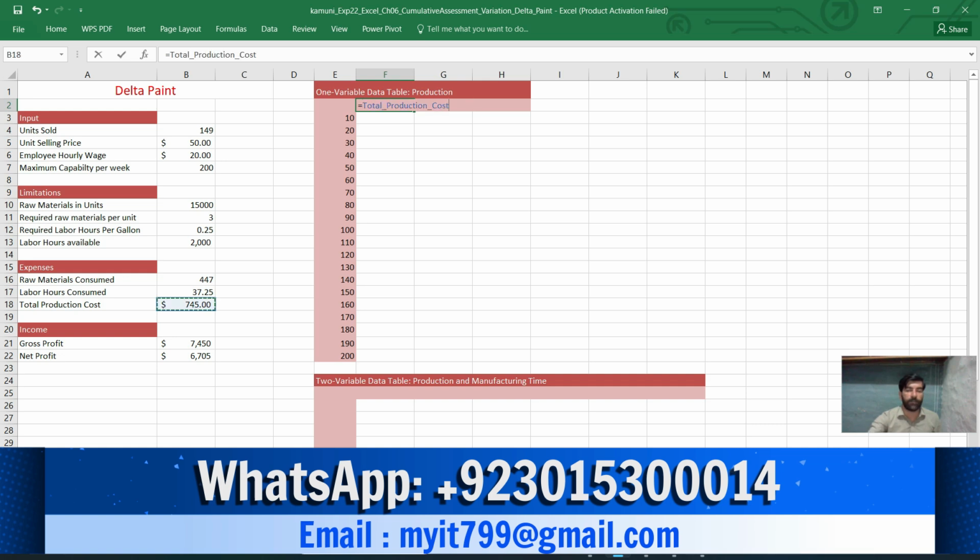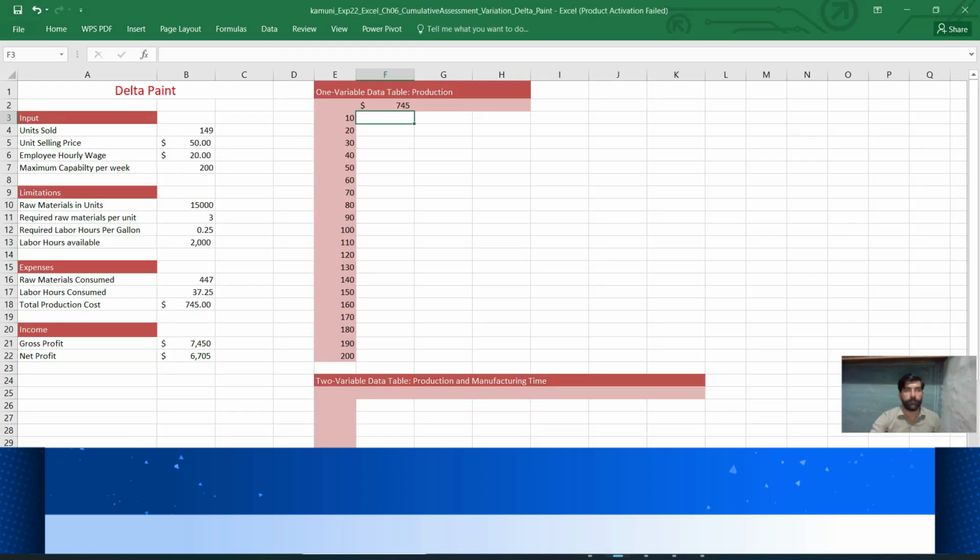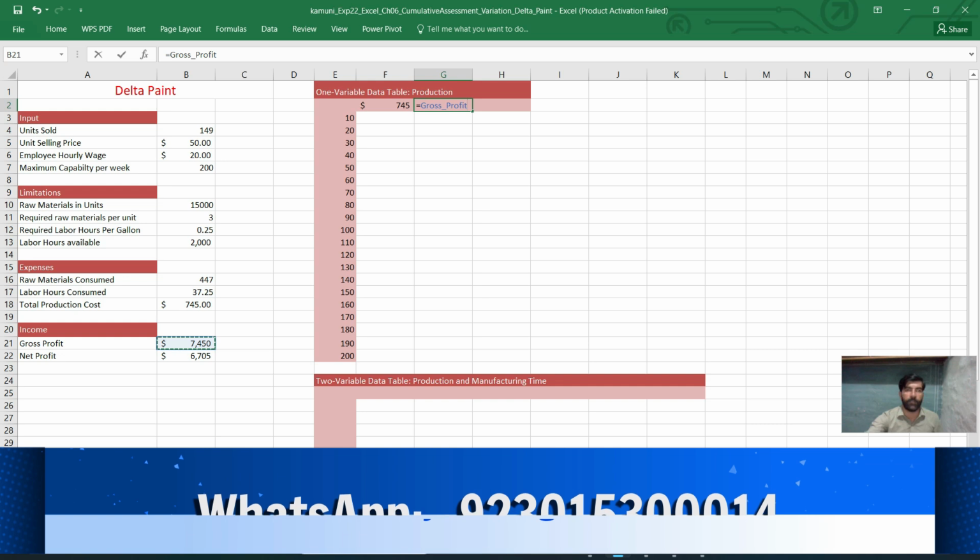Click here and just enter it. Okay. This is F2. And after this, instruction says in G2 gross profit. This is G2, put here equal, and here should be gross profit, and just enter it.